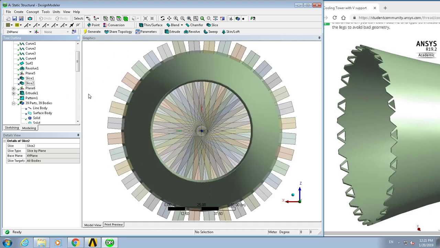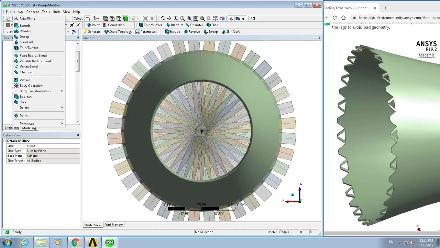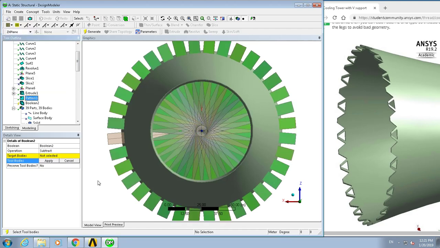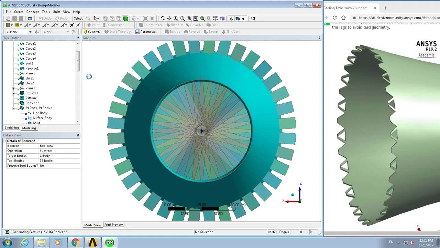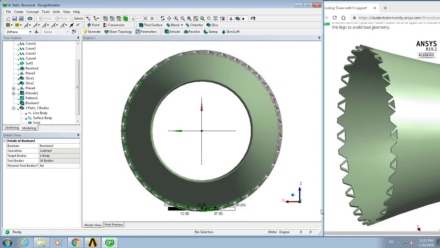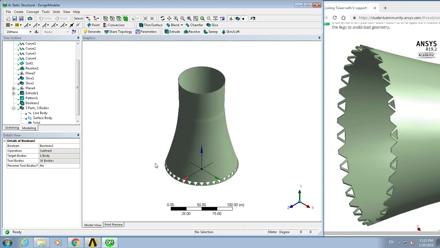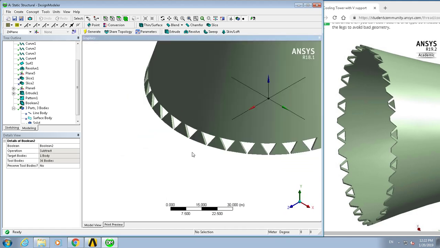Now there's just one body, and so when I create the boolean and I do Control A to select all bodies and Control to unselect the one and apply, there's 36 bodies, and then the target is this one body, and generate. So now we have the first set of slices, and the second one is to draw on